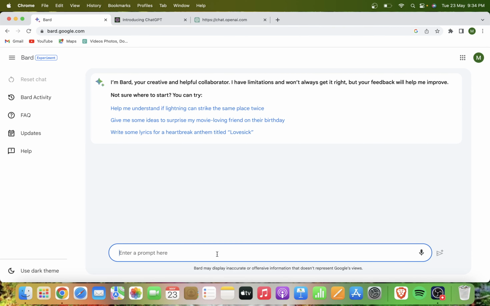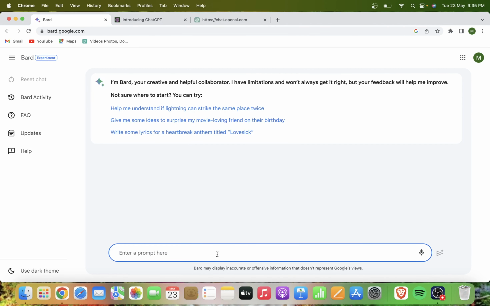Based on some parameters, we will talk about the differences between ChatGPT and Bard. The first point I will take is data source. ChatGPT is trained on a data set of text and code that was collected up to 2021, and Bard is trained on a data set of text and code that is constantly being updated. This means that Bard has access to the latest information and research, while ChatGPT may be limited to older information.